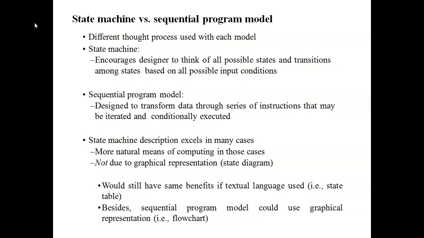The state machine has a state diagram that shows how the process goes from start to bottom, better than words. They give the information by the state diagram, and that is called a state machine. The sequential program model shows a graphical representation, and that graph might be a flow chart.